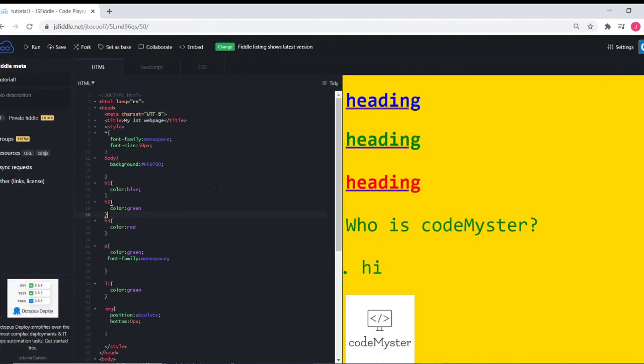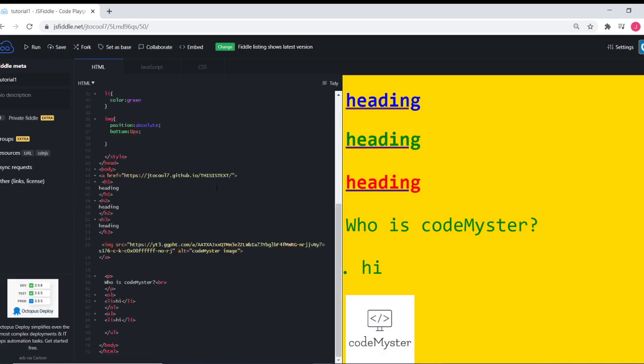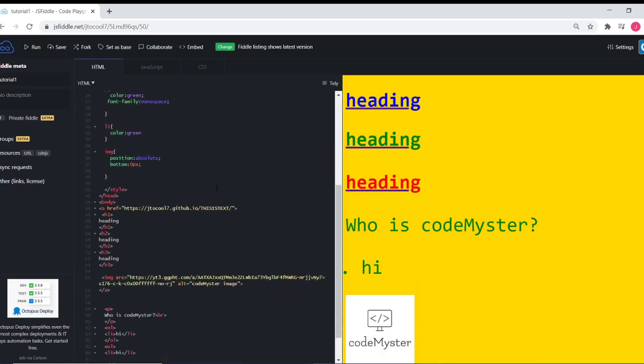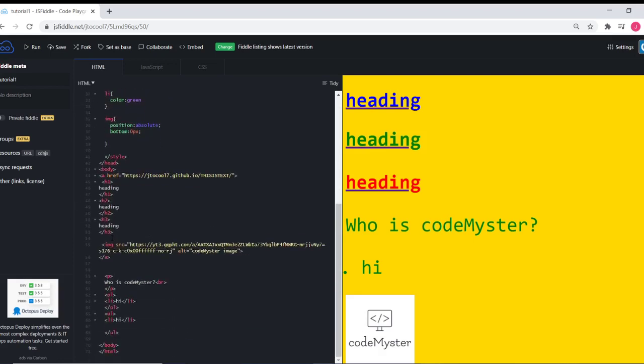So, here we have our simple web page, and in this web page, we have all of our HTML elements that we've been using so far. Now in CSS, the way that we've been pulling these HTML elements to give them some style is by using their tag names. There's a problem with this. If we create a new instance of the HTML element, for example, heading 3,